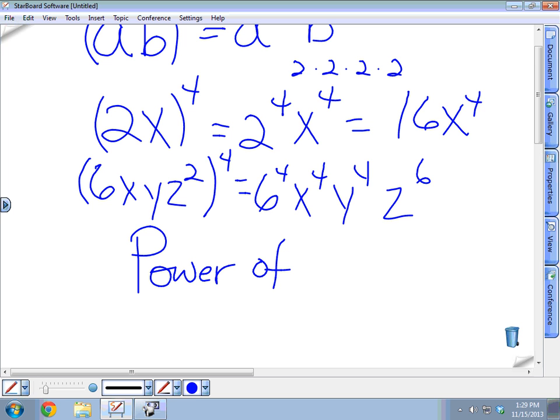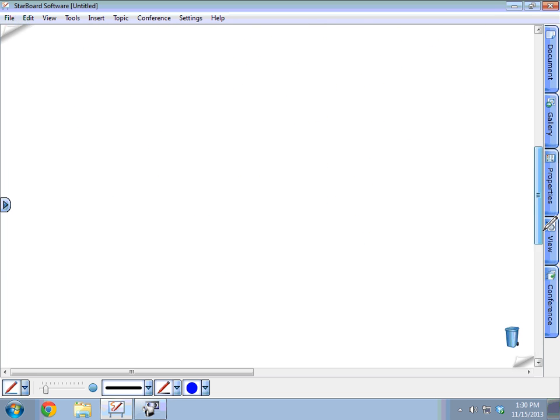This is called the power of a power, okay? So if you see that in the directions, you understand what they're asking for. That's the rule. And it just means that everything inside that parentheses, the whole product, all the factors get raised to that same power. Okay? All right, and then the final rule here,